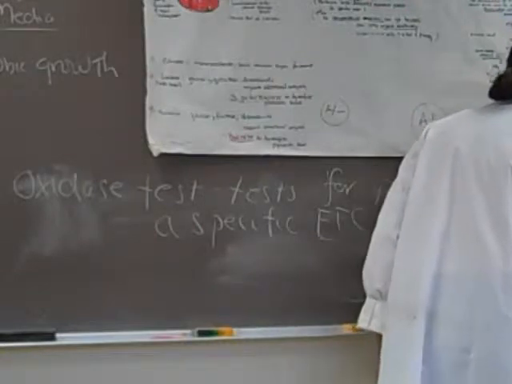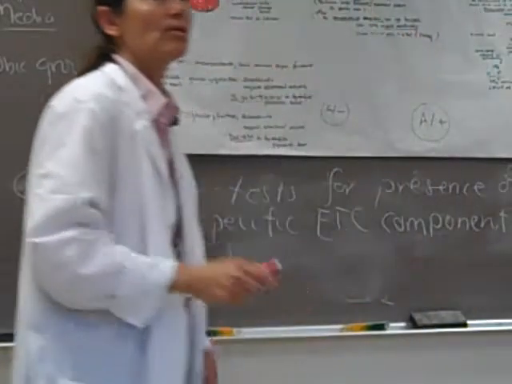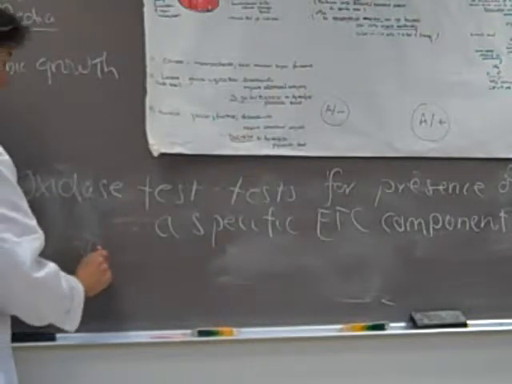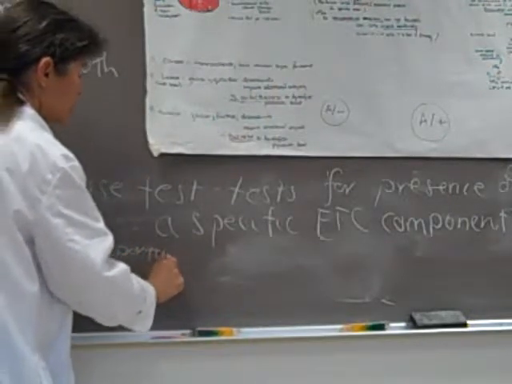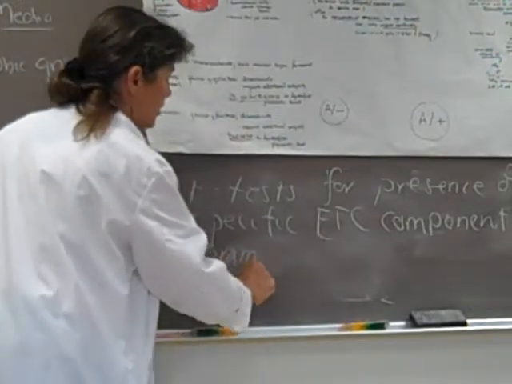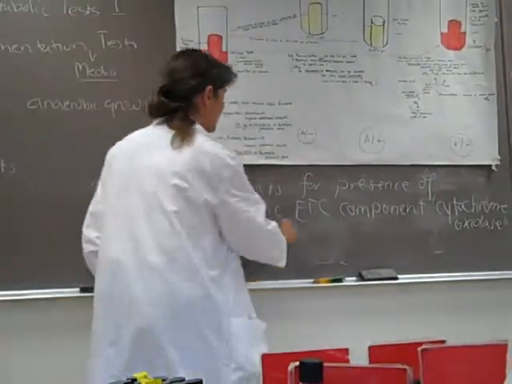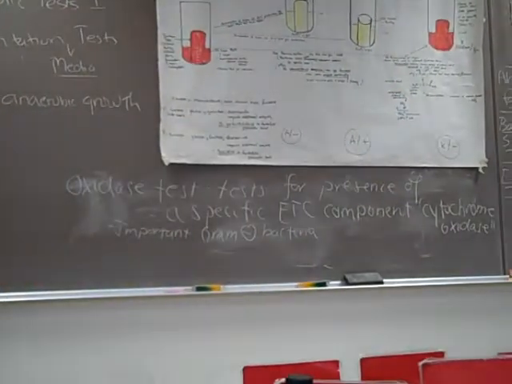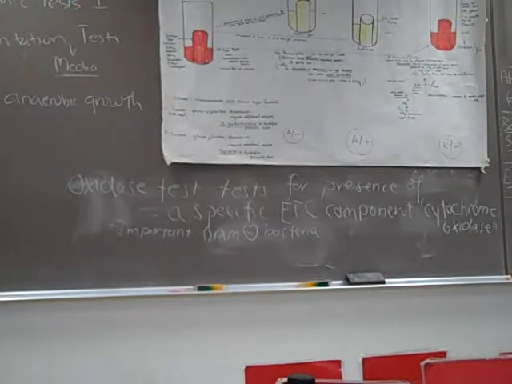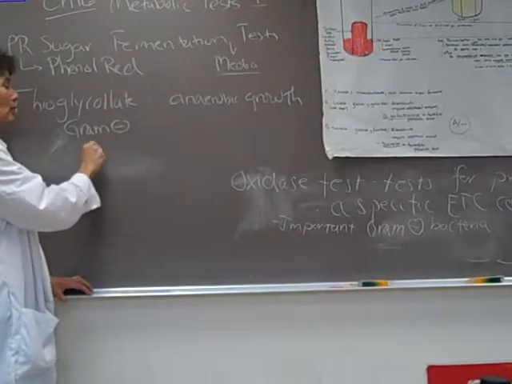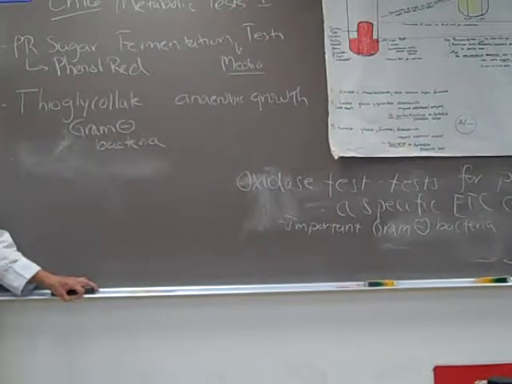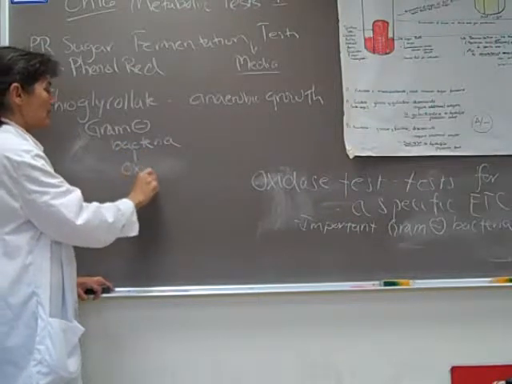Okay. Now, the reason this test is important is it's used to help with the initial differentiation of some gram-negative bacteria. So it's important when you're working with gram-negative unknown bacteria. Okay, so we'll do one of our little flow charts. Again, we're going to use this when we're working with unknown gram-negative bacteria, and we're trying to figure out what is the identity of this unknown gram-negative. So if we run the oxidase test,